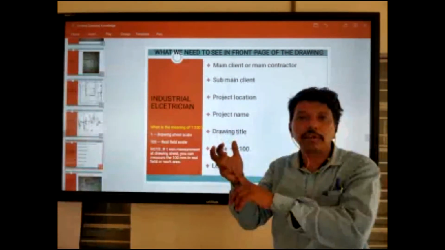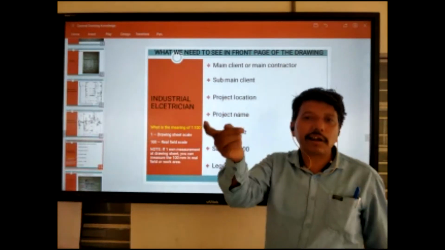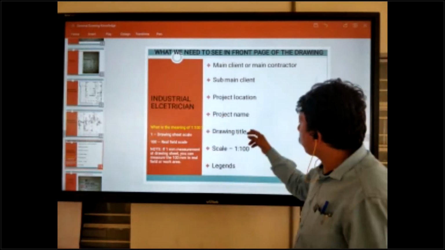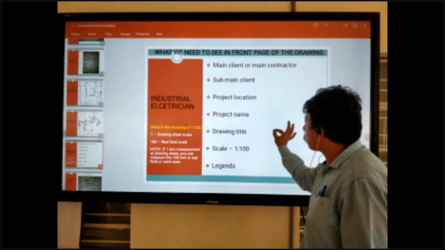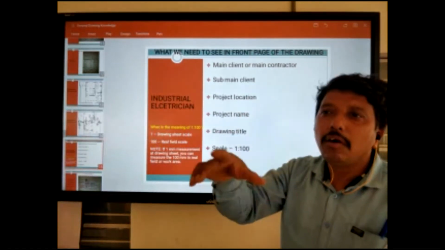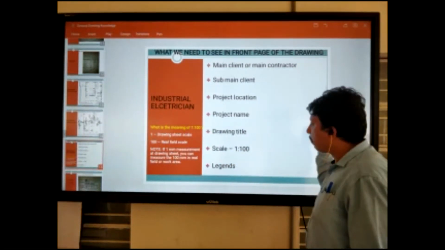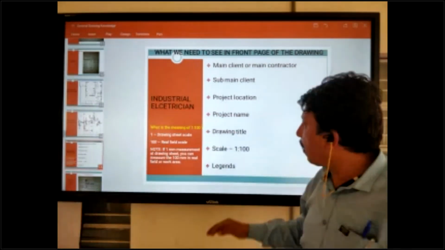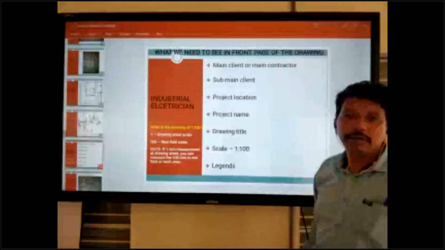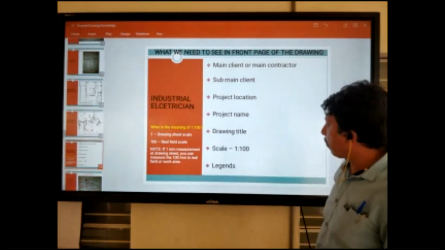Lighting installation drawing, wiring drawing, cable tray layout drawing, power socket layout drawing. So you can check the drawing title. The drawing title is written as electrical. If your work is the wiring system, then it is written as wiring layout drawing. If you are working on cable tray, the drawing title area says cable tray layout drawing. As per your activities, the drawing title is written.